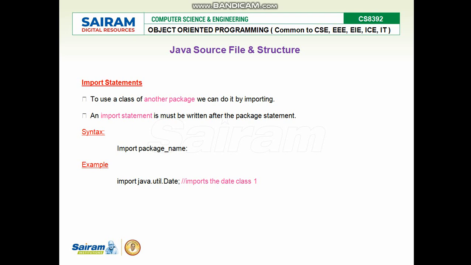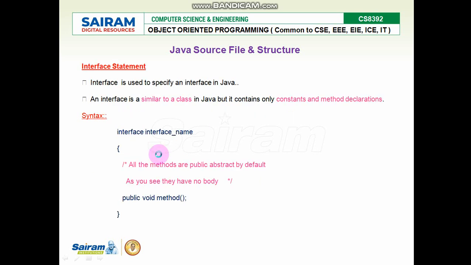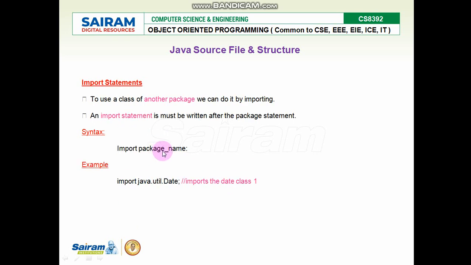And after that, if you are trying to import or use or acquire some other classes which are defined in some other package, that should be imported by using the import statement. Import keyword, it should be in lowercase, followed by which package you are going to import or use inside your program.